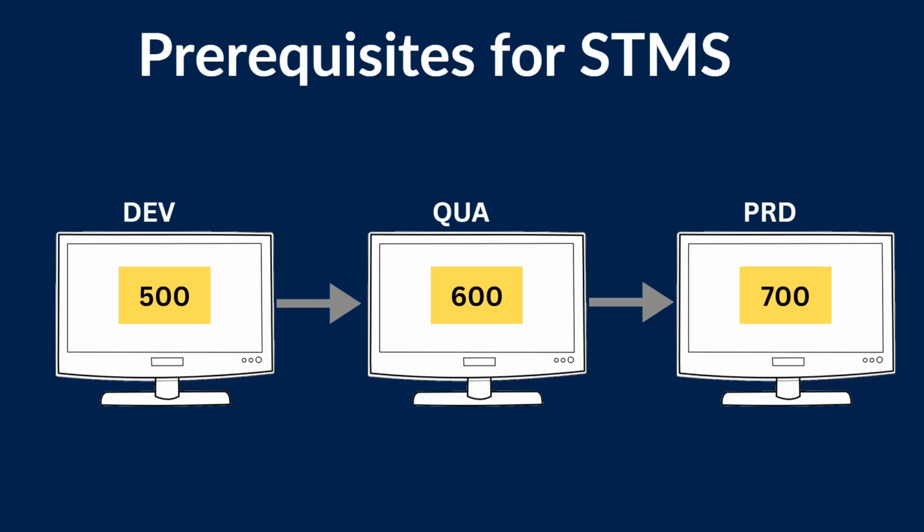Throughout the landscape, the SID should be a unique ID, and we should know the system landscape. To configure STMS, as admins, as a Basis consultant, we should know which landscape we are going to configure STMS for, whether it is a 3-system, 4-system or 5-system landscape. Only then can we plan STMS on the different systems. And next,